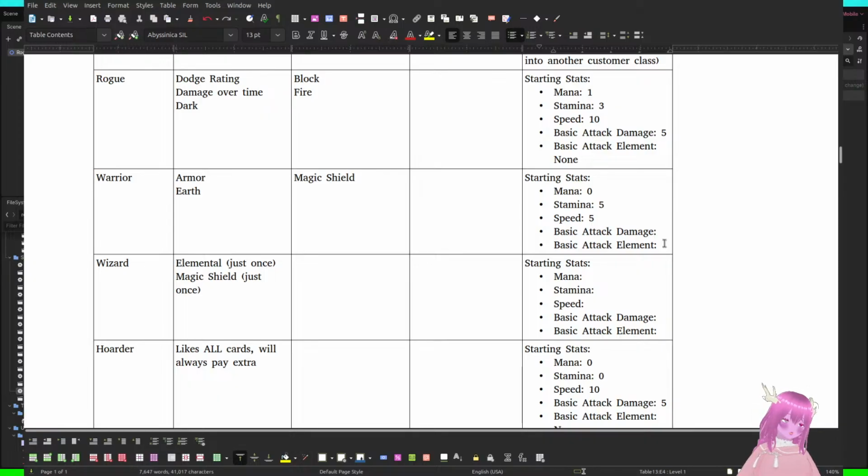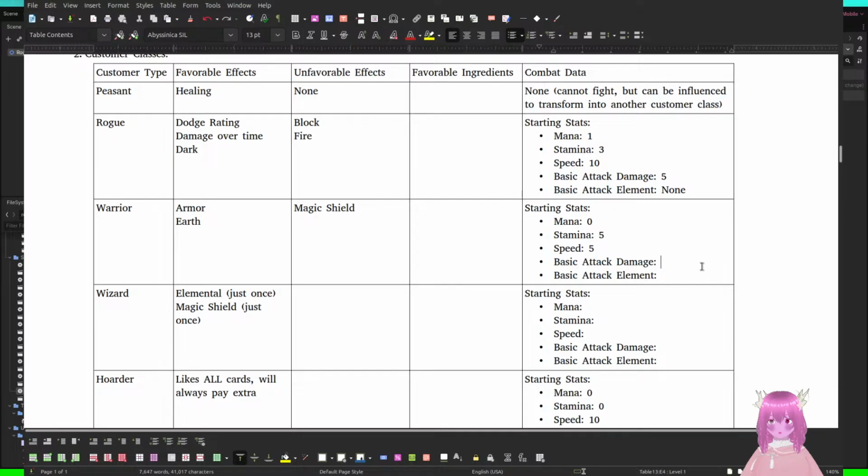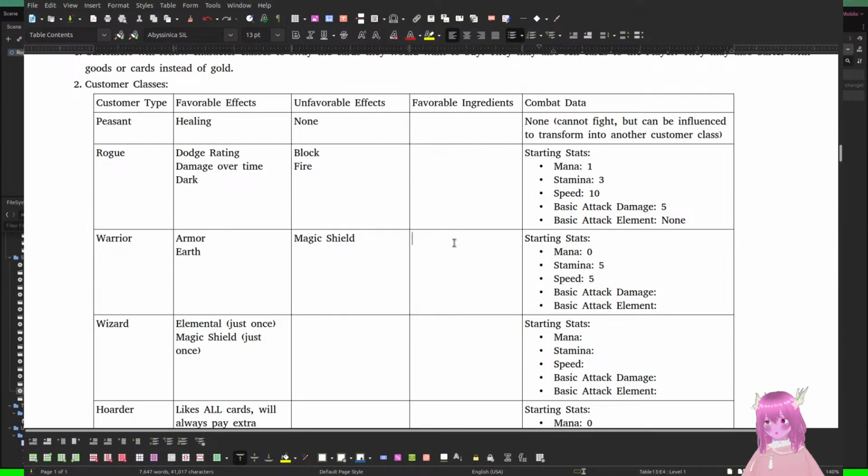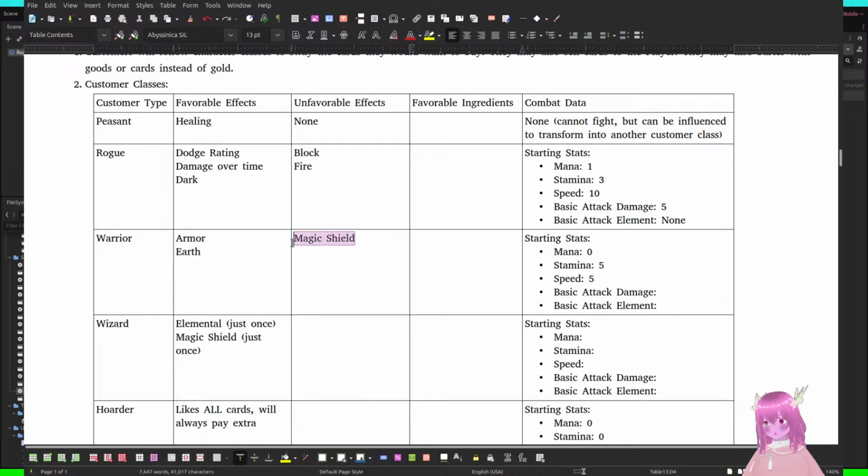Ooh, it's this theme. I like this theme. We have to do all the ingredients before I can do the favorable ingredients, but the favorable effects, easy.